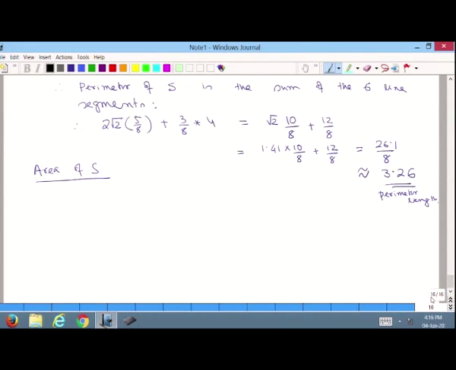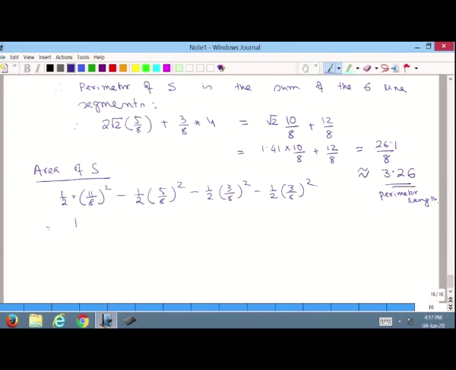Therefore, area of S is half into (11/8) whole squared minus half into (5/8) whole squared minus half into (3/8) whole squared minus half into (3/8) whole squared